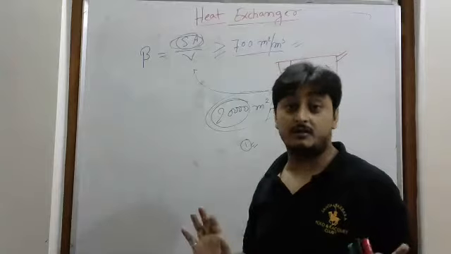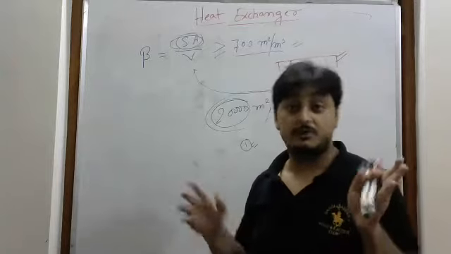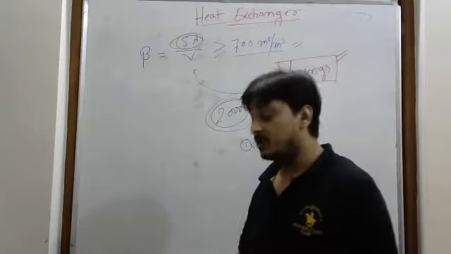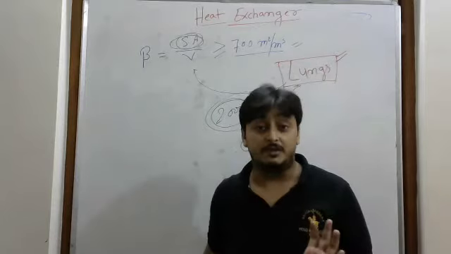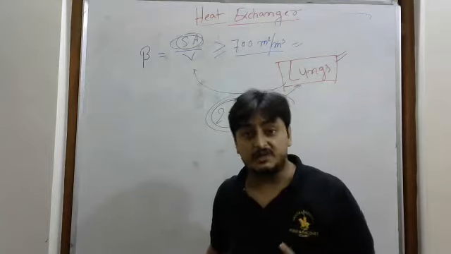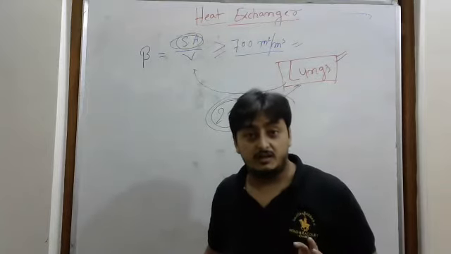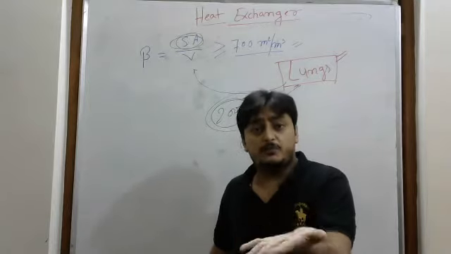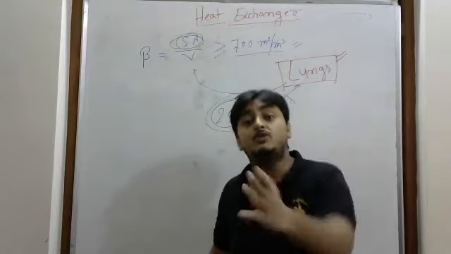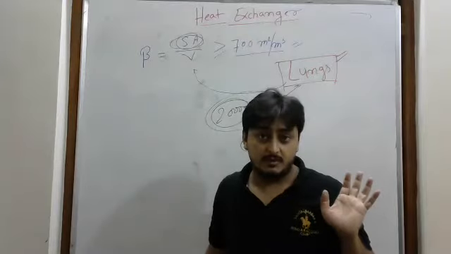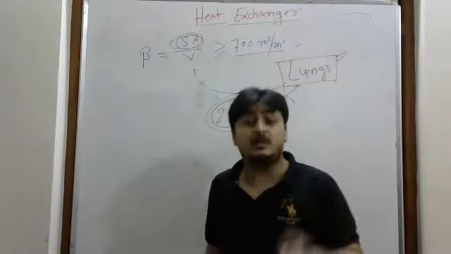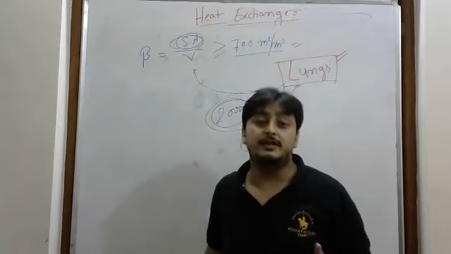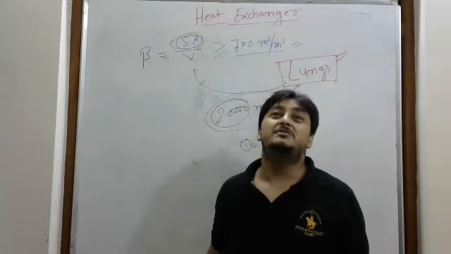God has given everything very good to humans, but we are not utilizing it. This is our problem. In theory of machines, I will teach one golden concept, the golden shell, in the four-bar linkage, and everybody has it. You will see that it is the best position, the best link you have available, but you are not able to use it. God has given everything, but we are not utilizing it.